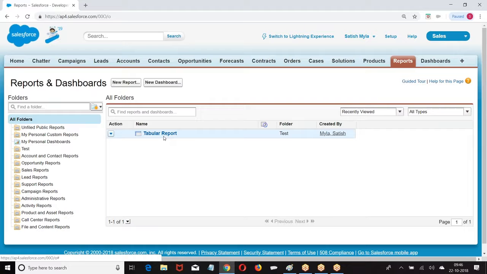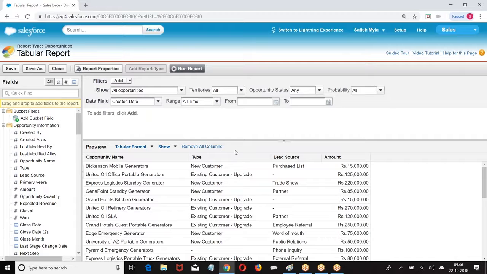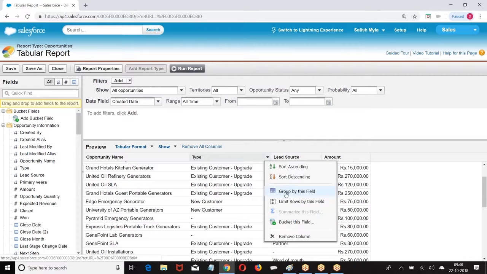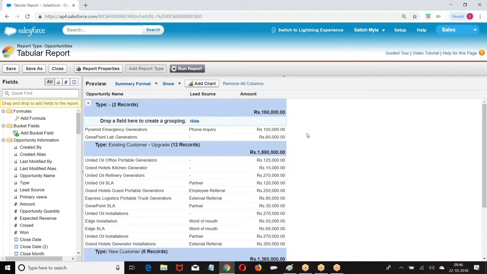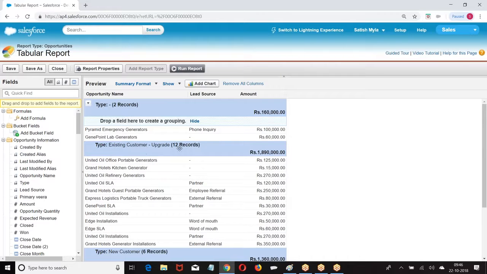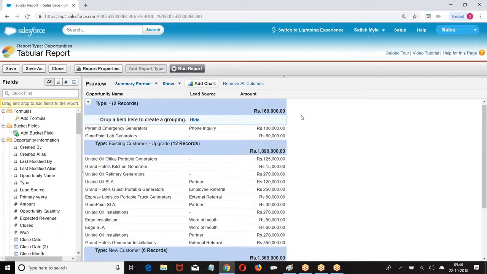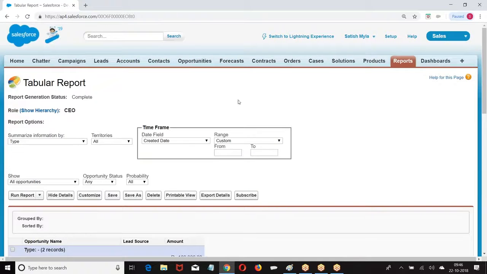The same tabular report, if I group it, customize, grouped based on type, group by this field. When I say group by this field, what happened? Blank type 2, existing customer 12 records, new customer 6 records. Are you getting my point? They are grouped.